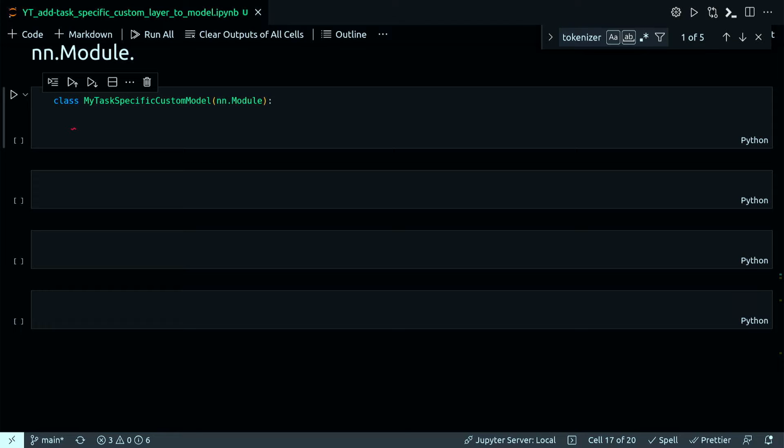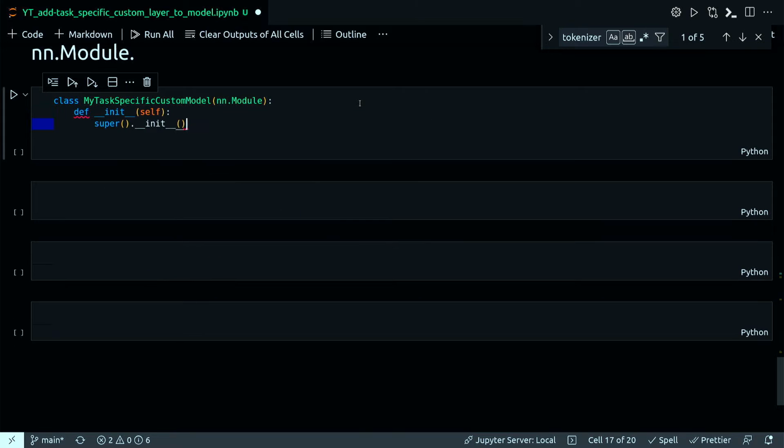So you can use many other models as well for your base model. And within super,